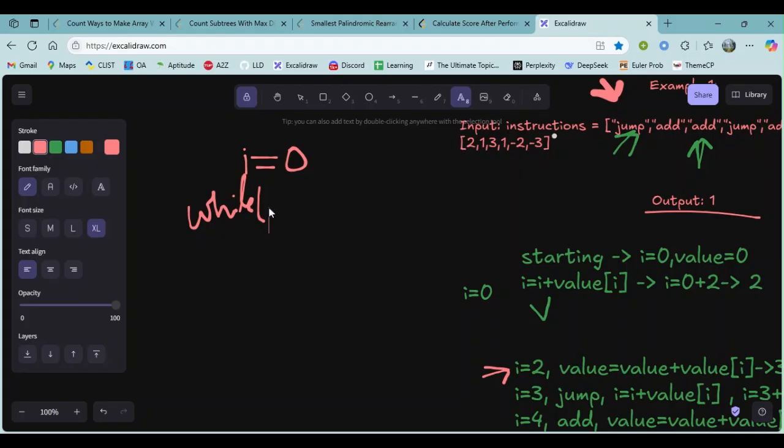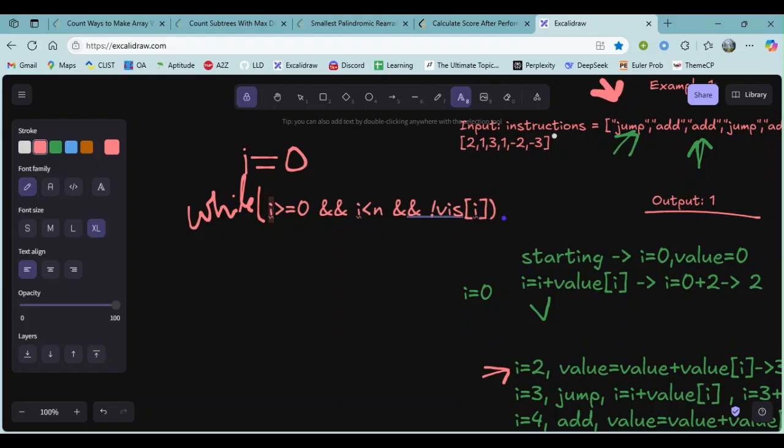For that, what will be the condition? Condition will be i greater than or equal to 0, and i less than n. I am in the index, and also I did not visit this index earlier, so I will track a visited array. So I will also do while this index is not visited.